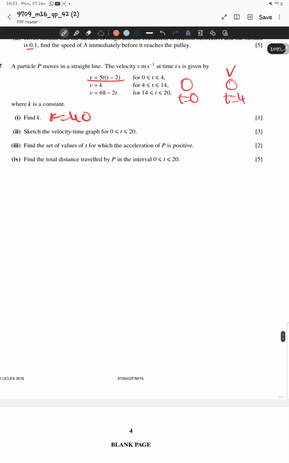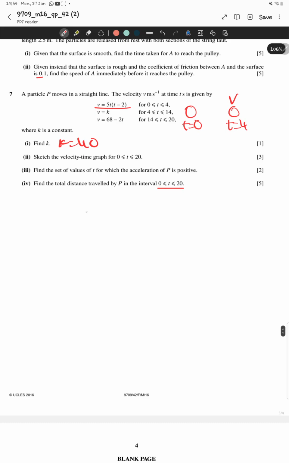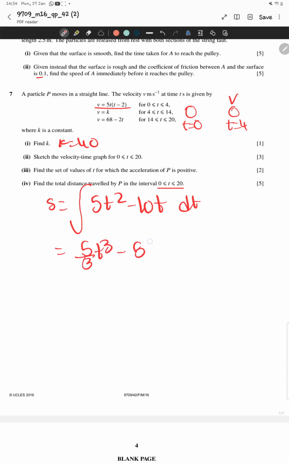So the last question is, find the total distance traveled by P in the interval 0 to 20. There's a bunch of ways you can technically do this, but I'll just do simple integration. To find s, you integrate this equation, 5t squared minus 10t, with respect to t, which will get you 5/3 t cubed minus 5t squared